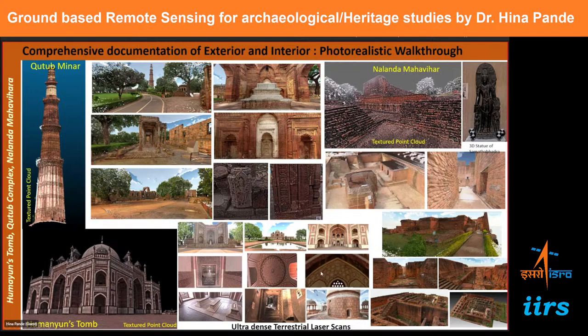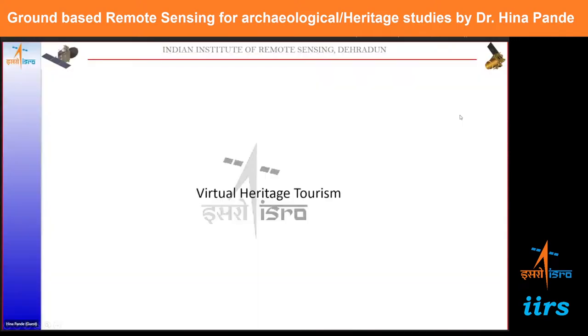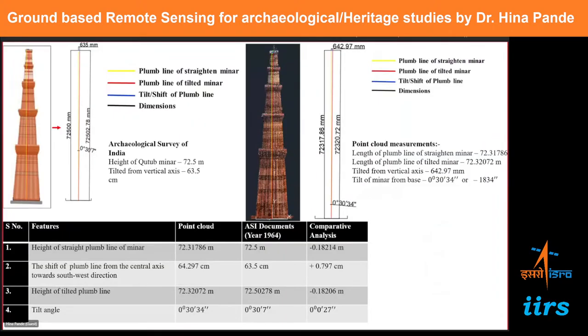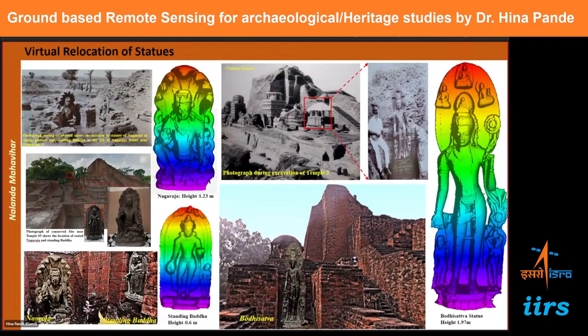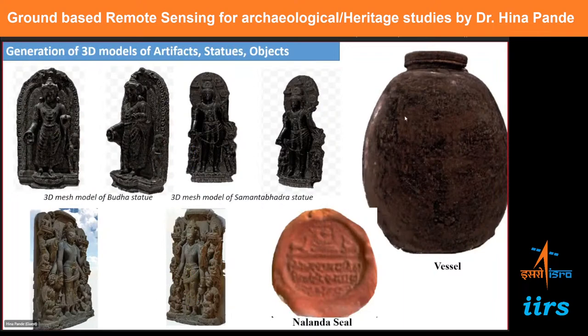Similarly, you see at what high resolution and what amount of detail can be visible. Even a very, very minute crack in millimeters will also be detected here, and it can be monitored over a period of time. Statues, small objects, etc., can also be seen. I will skip through these because these will all be shown tomorrow. Small objects can also be done through 3D heritage